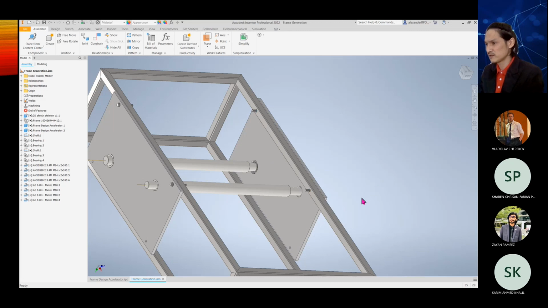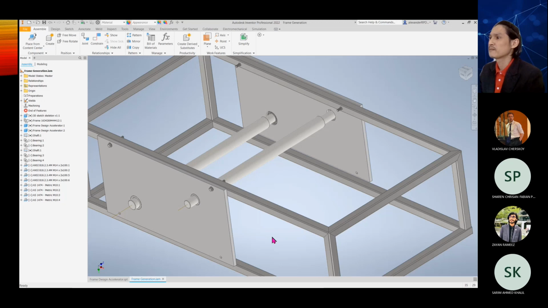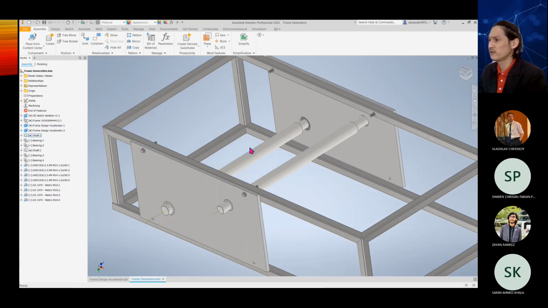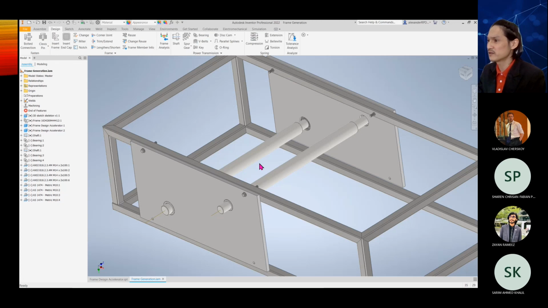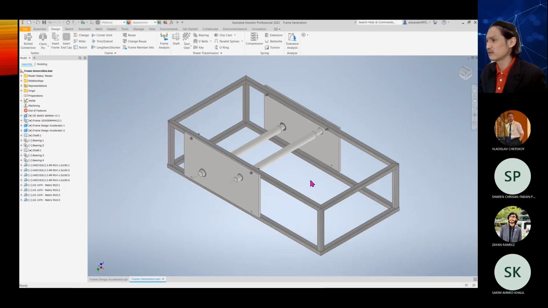Okay, escape. So now I can see that my design is finished. I have the bolts and the nuts to screw the things, and then I have my bearing fit in the size, and after that I have the shaft over there. Of course, if we have time, we could talk about the split gear, insert the split gear over there, and then do the power transmission. That will be another very fun thing, but we don't have that time. But for an idea of how to do the design using Design Accelerator, I believe it will be